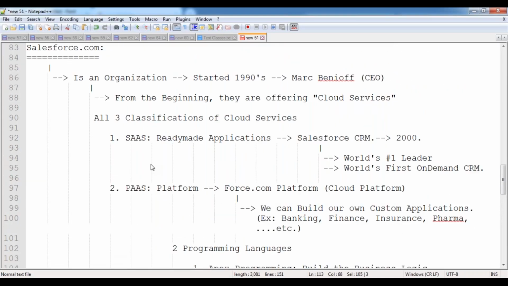These are the various cloud services offered by Salesforce to the customers. By using these Salesforce resources, we can store your customers' information by using the Salesforce CRM application. We can place all your sales related data, marketing related data, and service related data in one place by using Salesforce CRM.